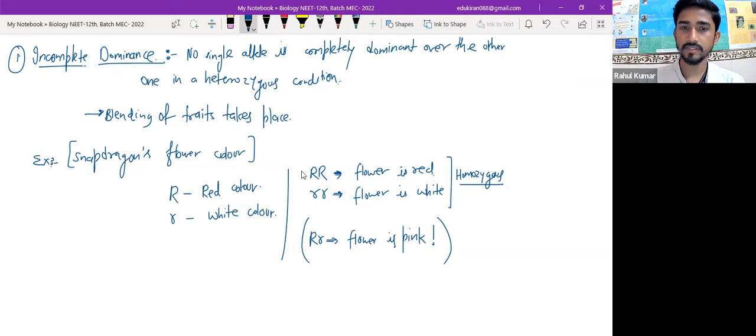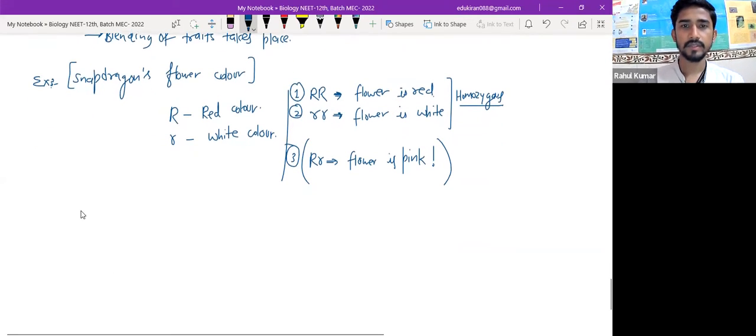So just remember these three genotypes and their phenotypes. Now, because of this incomplete dominance, if I cross a pure line